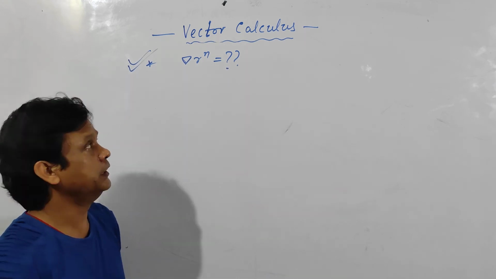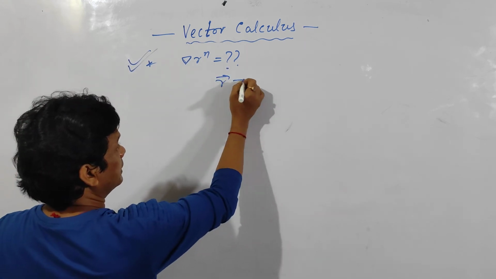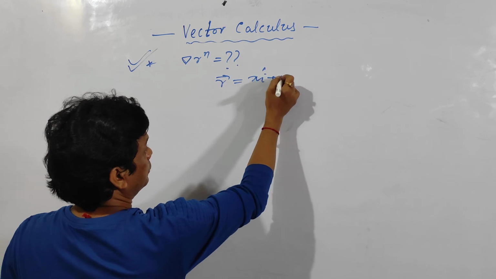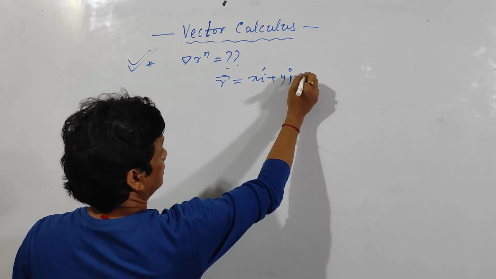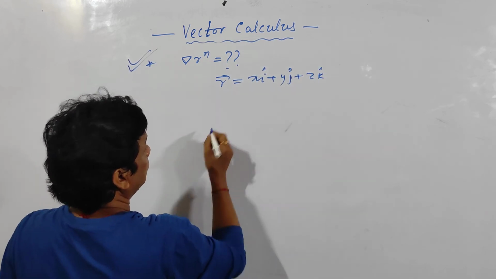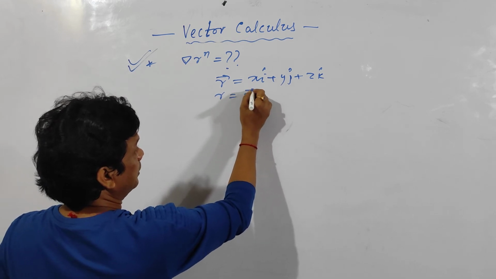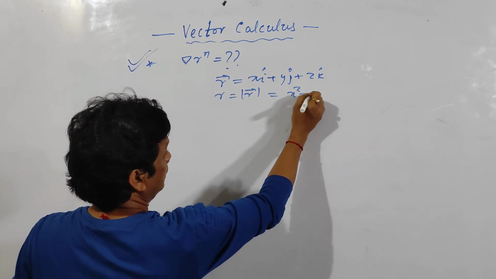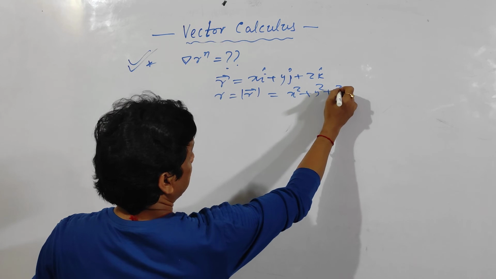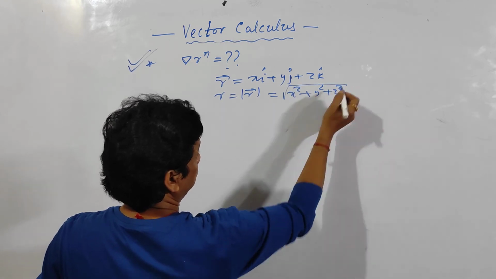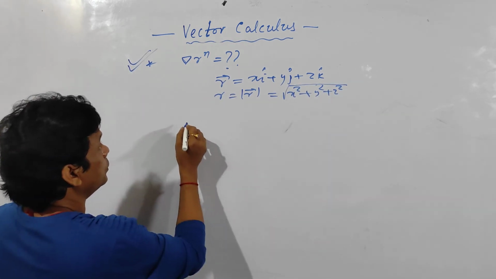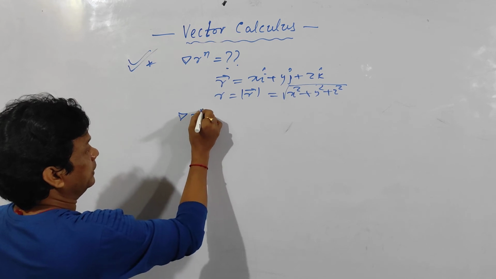Grad of r to the power n. And what is r vector? See here, what is r vector? x into i cap plus y into j cap plus z into k cap. Clear? And what is r? That means mod of r vector. It is the square root of x square plus y square plus z square. Clear? So grad of r to the power n, that means